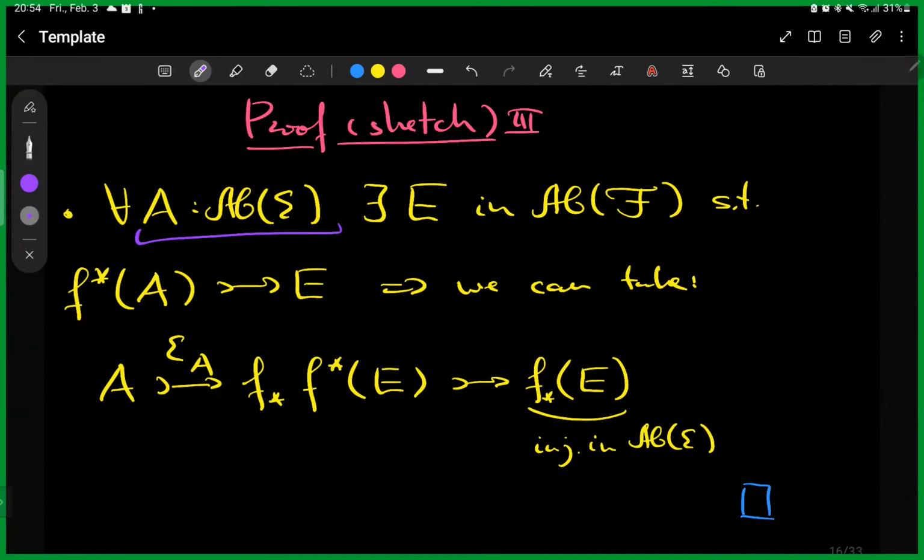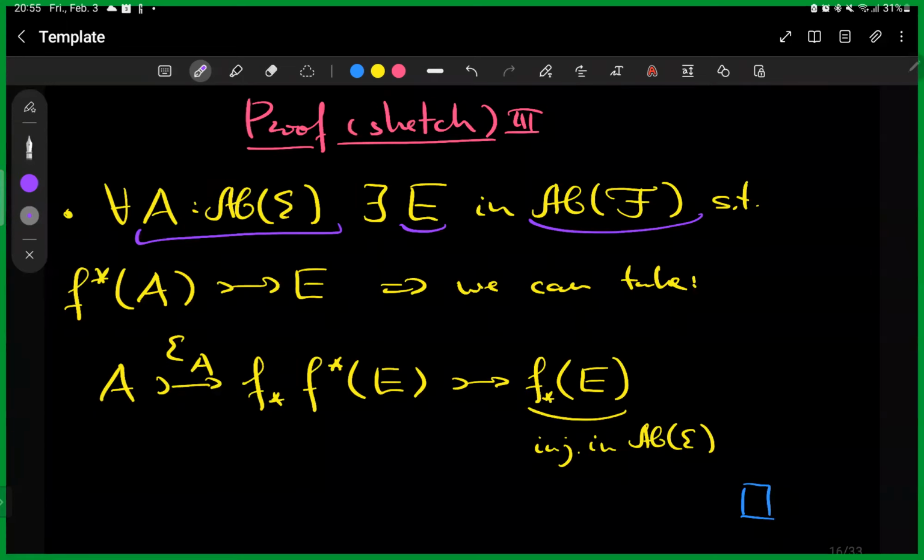We know that there exists an E in abelian group objects in F such that the image under F upper star of E embeds into E. So now to find an injective envelope of A in the initial category